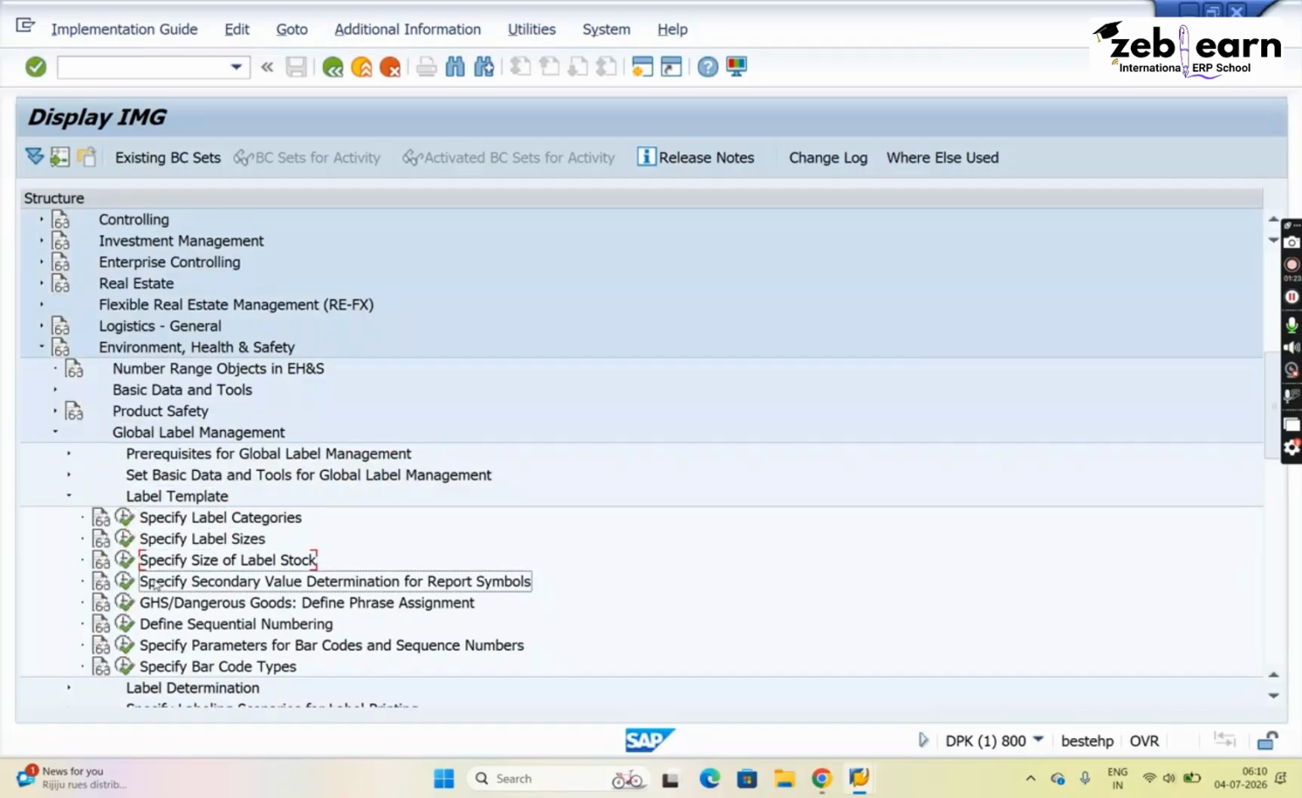Under label template, you have a lot of configurations, but the most important one is specifying the label size. Before we go to label size, there is also something we can specify: label categories. In theory, last week I told you there are 10 different label categories, starting from the product label, primary container label with transport data, and then a lot of others like